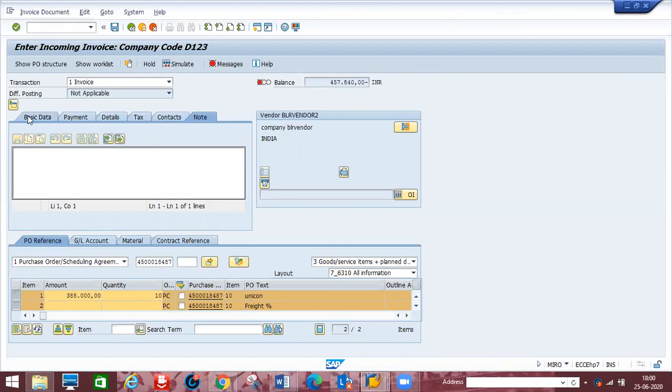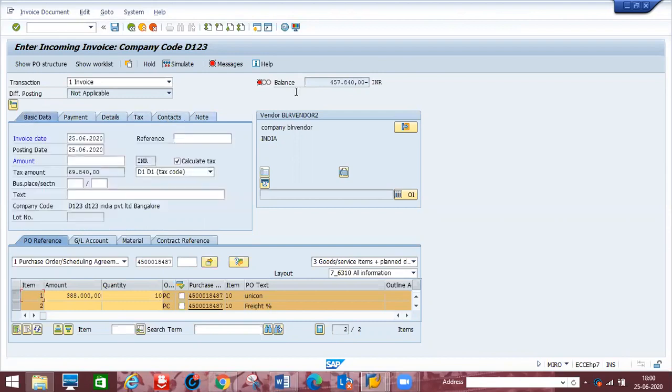Okay, these are the fields. Just submit the basic data again. Okay, enter the amount, 4,57,840. Enter. When you enter here, see, earlier it was red, now the red turns to yellow and green will come. That means there is no error. If you submit here and any errors are there, you will come to know from the messages here. If you check here or go for simulate, you will come to know